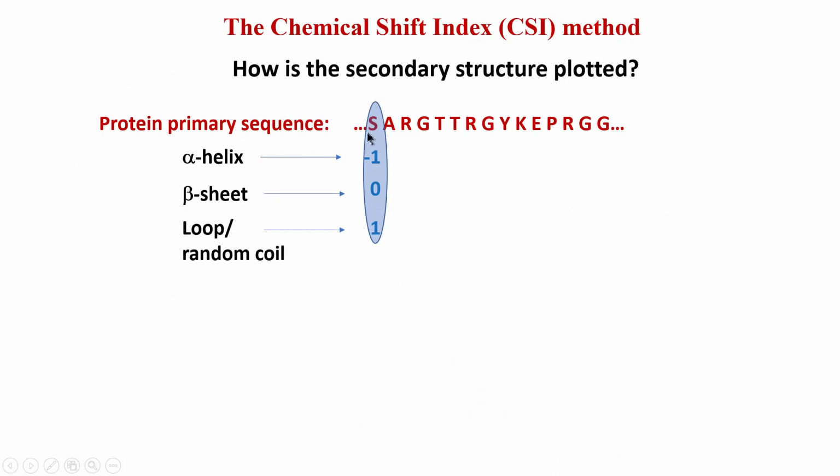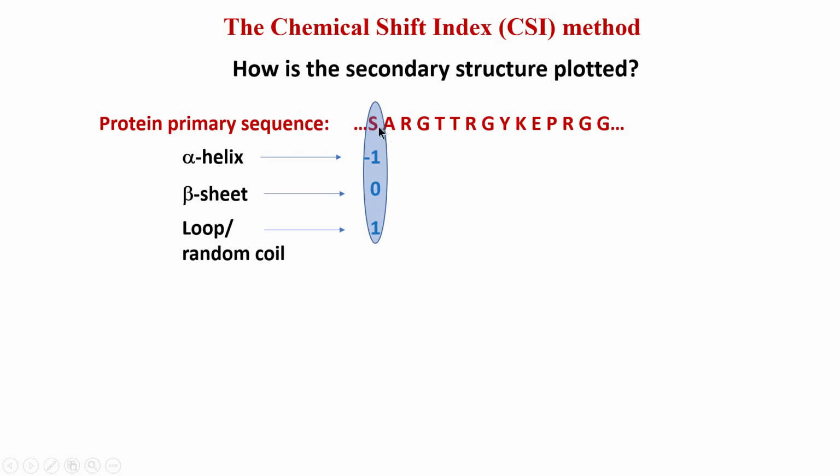Let us see here. Let us say this is your protein primary sequence. This is how it goes from one end to the other end. So, if the three chemical shift criteria for alpha helix, that is H alpha should be less than minus 0.1, C alpha should be greater than 0.7, CO should be greater than 0.5, then we call it alpha helix. So, if all three chemical shifts or 2 out of 3 agree, then we say that that particular amino acid is in alpha helix or not.